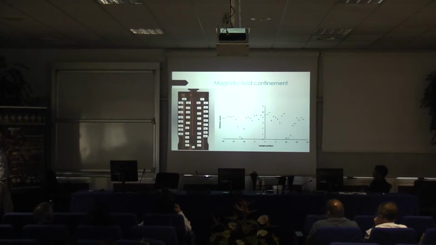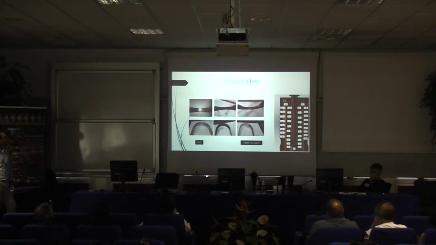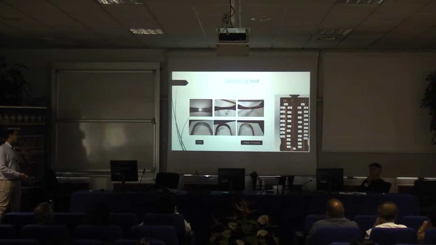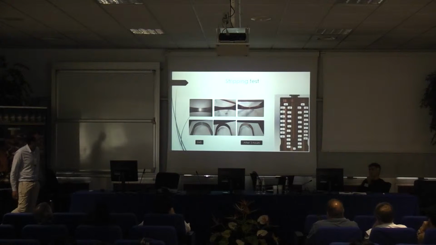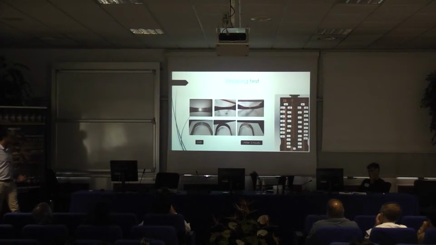This is a plot of the thickness against the sample position. It was not so good in the inner conductor and in the external conductor, as you can see, it's from 3 to 5 microns. But on the top of the cavity, we saw that we have a hole in the magnetic field, so we decided to change the configuration. Also, we wanted to locate the place in which we didn't have the plasma, so we did a stripping test with a copper strip that we placed inside the cavity, and we saw that the problem was between positions 10 and 12 on the top of the cavity. So for this reason,